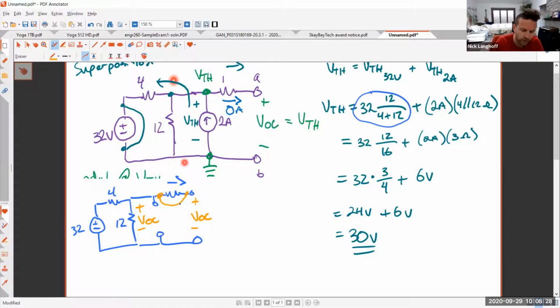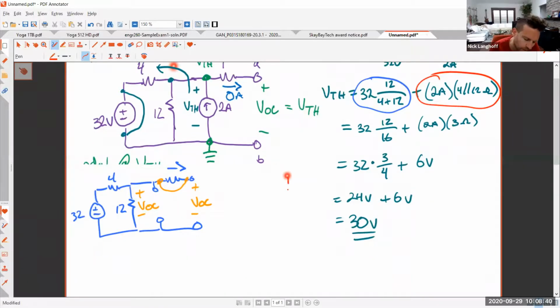That's the voltage divider term. Now, if we do the other one, let's do that one in red. The voltage due to the 2 amp source. Realize when you turn off the voltage source, here's your 2 amps. You could draw this like that, but nothing's going through that. So here's the 12 and here's the 4, and then this has been shorted,